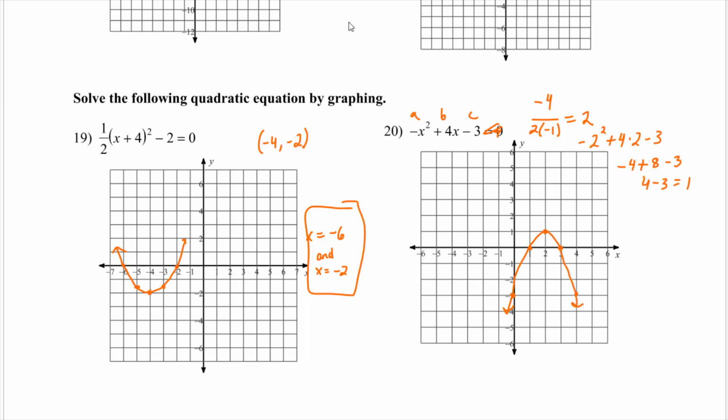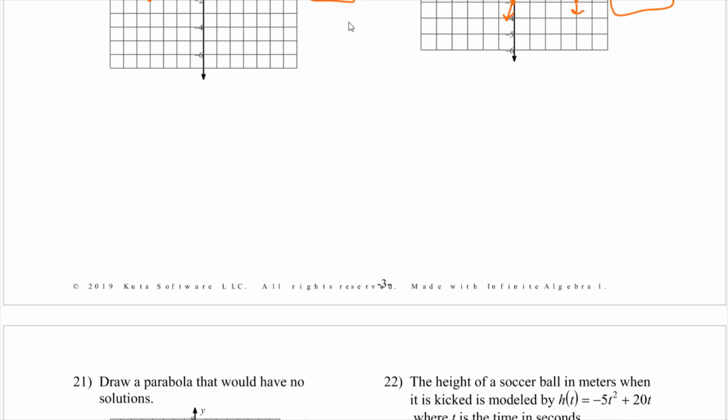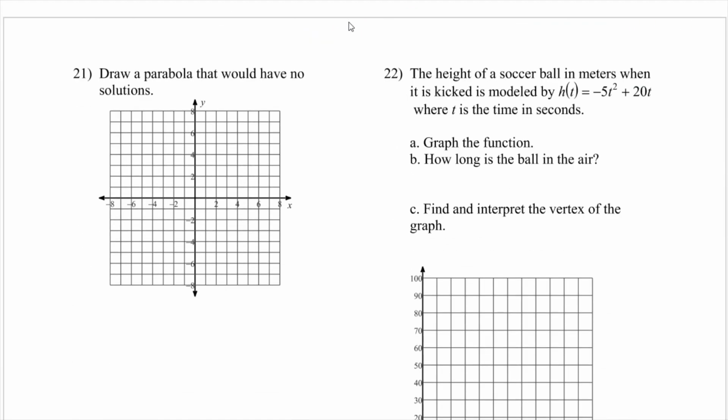Now, that's on purpose that I picked things that it goes through nicely. There are times where it'll go through and seem like it must be some sort of fraction or decimal. And if all you know how to do is solve by graphing, you just have to approximate it the best you can. There is a situation that could happen, and if you look back at your parabolas, you can probably find a situation where this happens, where you can have a parabola that has no solutions, and that happens when,